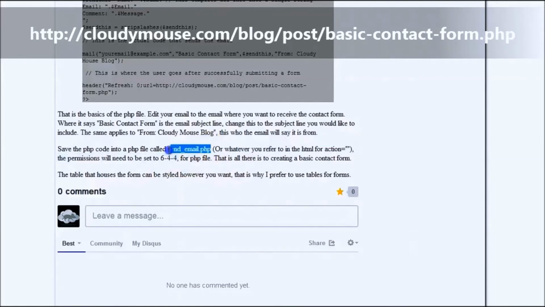And that's it. Create the form in HTML on your web page, and then you create a PHP file